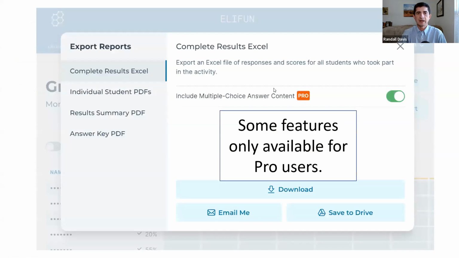And the nice thing is about exporting reports. This is an example of where many online services are adding new features and taking away features from free plans. But this has, even with the free version, and all of the ones I'm talking about today have a free or a premium version, the ability to export, for example, complete results in Excel. You can have student PDFs. I like that because you can print it out and the student can see their answers,